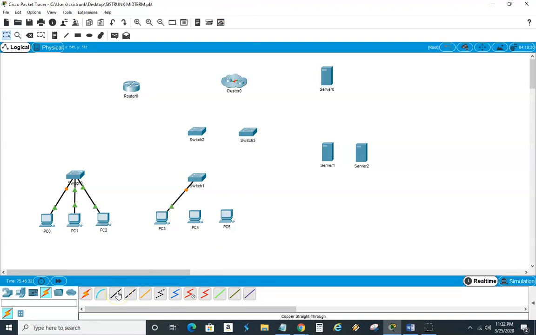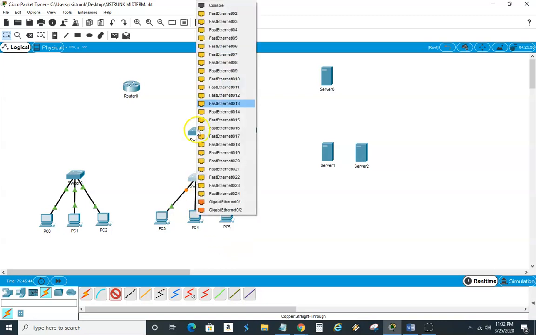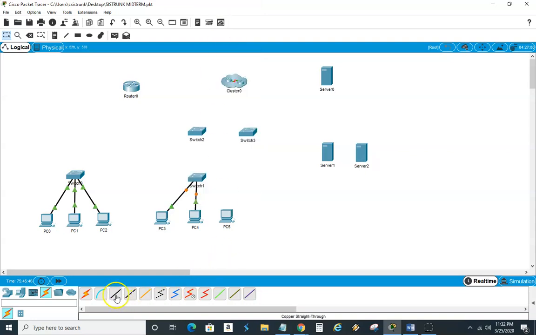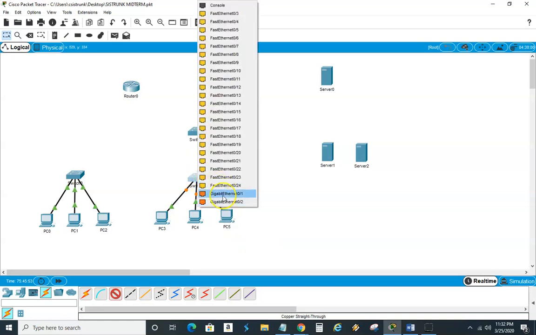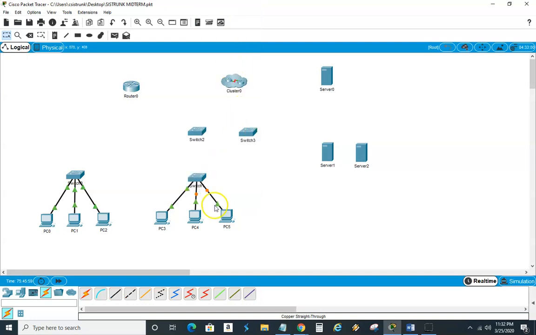Third question, what do we mean by fast Ethernet 1, fast Ethernet 2, fast Ethernet 3, or fast Ethernet in general? Show me some love in the YouTube section and tell me, what am I doing? What am I talking about? Why am I choosing fast Ethernet instead of, why not choose here? Why not go here and say Gigabit Ethernet 1? Or, you know, why not choose that? Talk to me, people. Talk to me. Let me know what I'm doing.